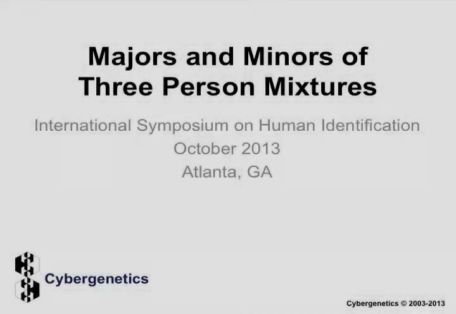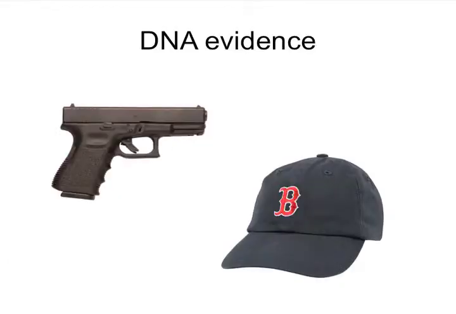Hello, today we are going to look at a case example from a three-person mixture and see how TrueAllele can separate out the major and minor contributors. There was a case that involved a shooting, and when the police arrived at the crime scene, they noticed the suspect drop a gun and a baseball hat. So this was the evidence that was collected, sent forward to the laboratory for processing, and the lab was able